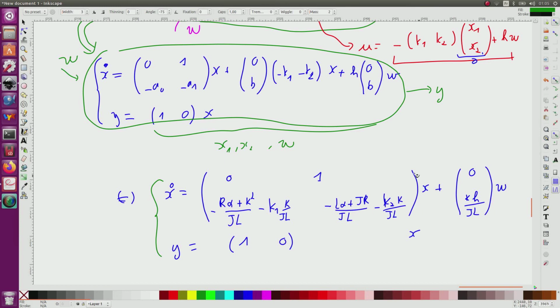Again, I can see that here it is a companion matrix, more precisely a canonical control form, with 0 in the diagonal, 0 everywhere except here, and the 1 on the subdiagonal. And these coefficients are the coefficients of the characteristic polynomial. This is why we like this controllability control form, because we can see directly the characteristic polynomial.